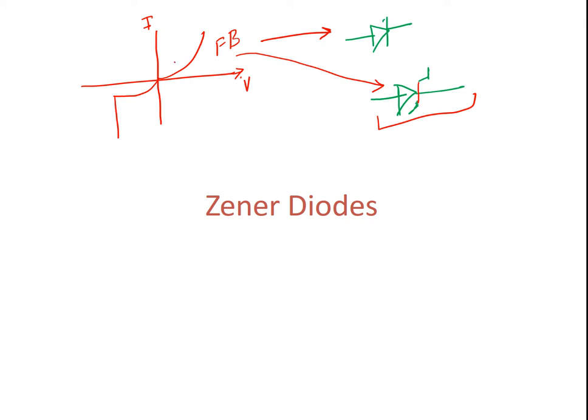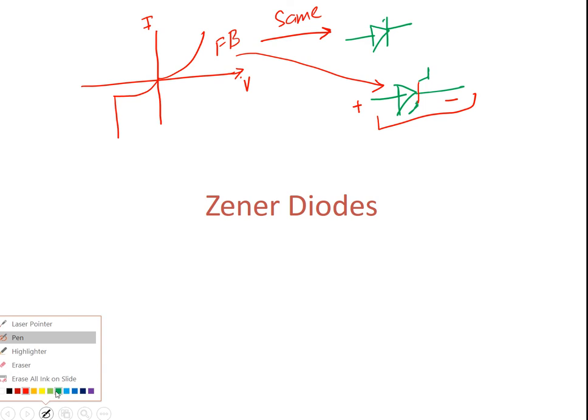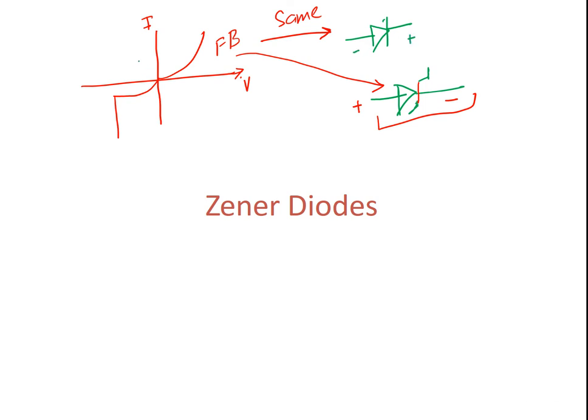For both cases, when the diode is operating in forward bias, like positive is here and negative is here, their characteristics are the same. For the reverse bias, if you connect negative here and positive here, this region is the reverse bias. Once we reach the breakdown voltage level in the conventional diodes, our current value becomes very small. So almost no current flows, or we represent it with an open circuit here.